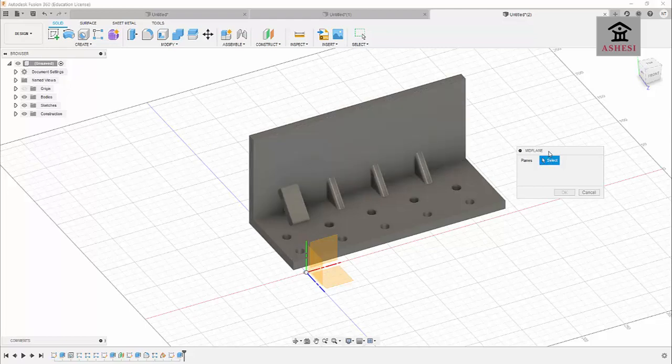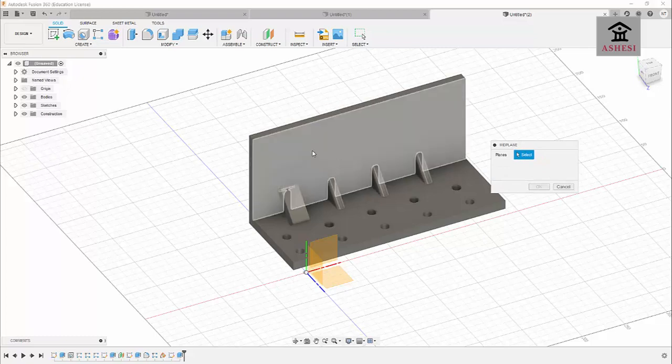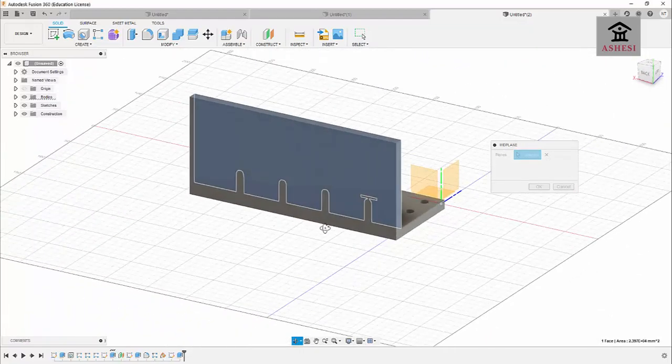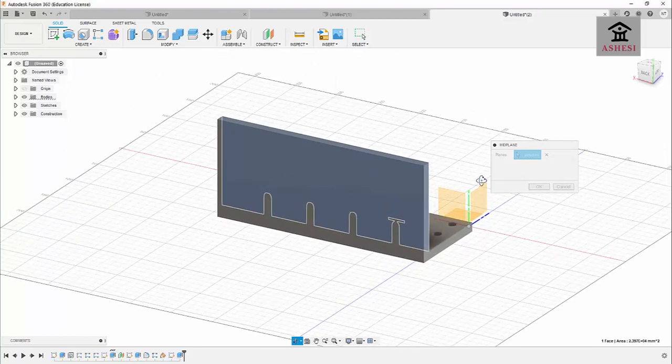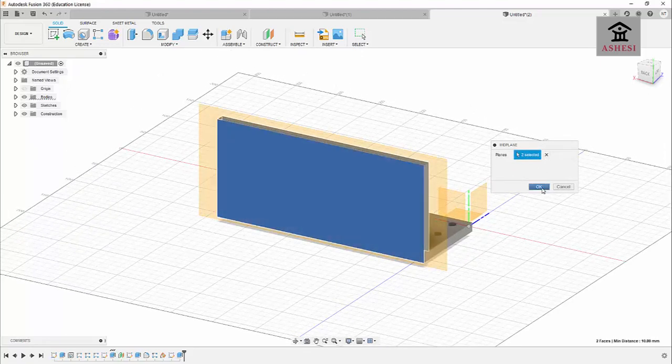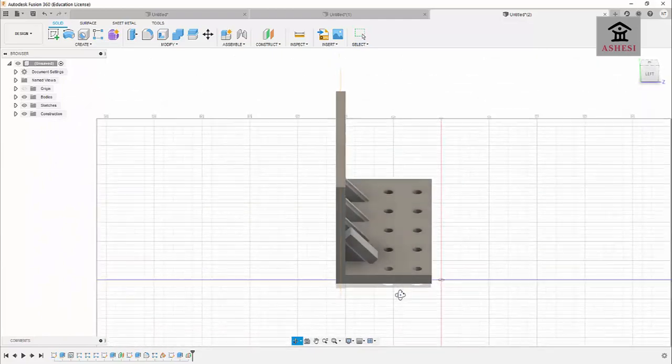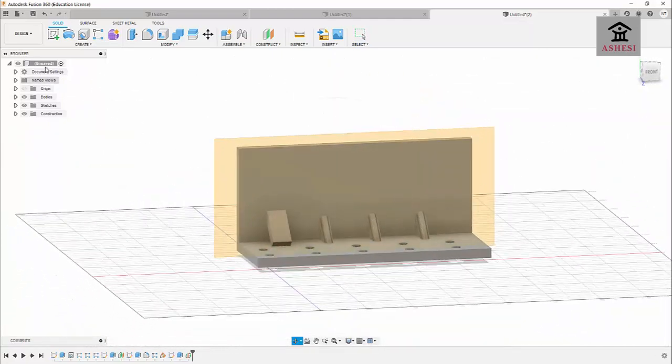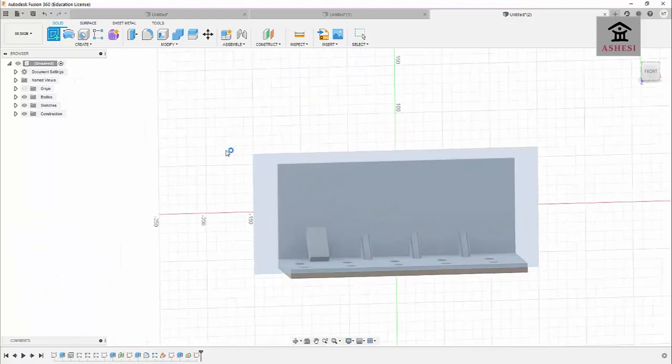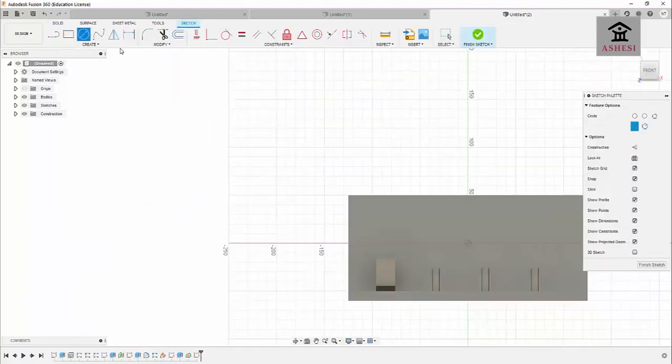So I've clicked on the mid plane, and then I have to just select the faces I am interested in. So this is the first one. I'll rotate it to the back so that I can select the second face, sorry. And then you can see that there's a plane right in the middle of this structure. So if I click on the sketch tool and then select this, I can draw a center point rectangle along this path,